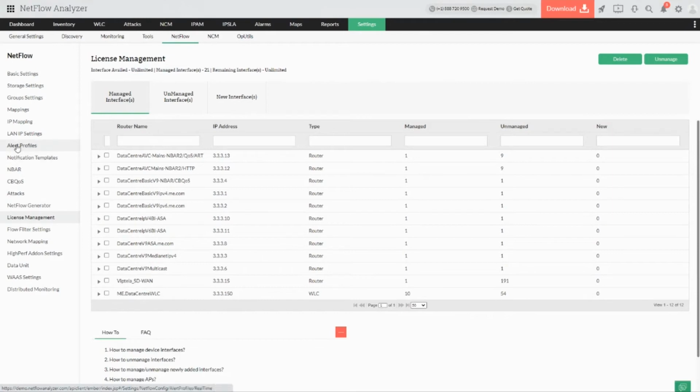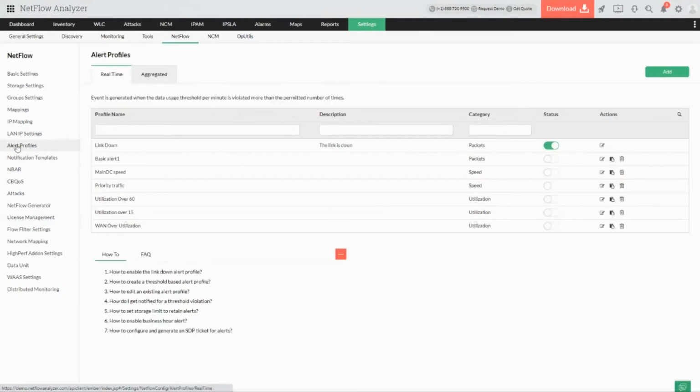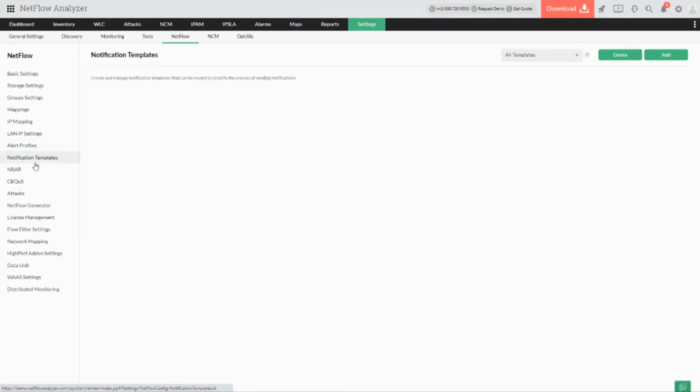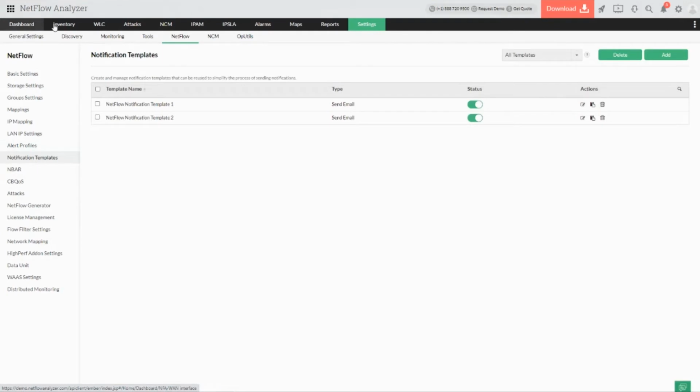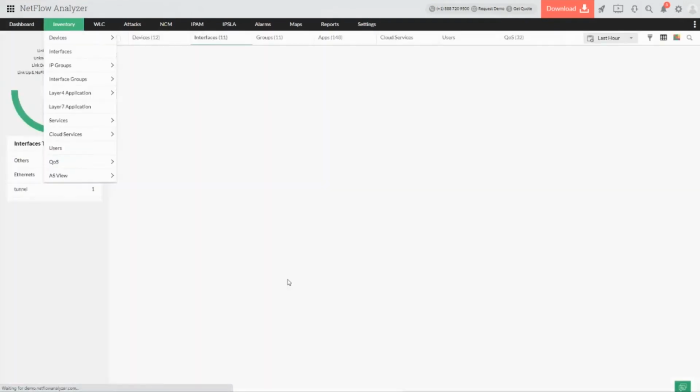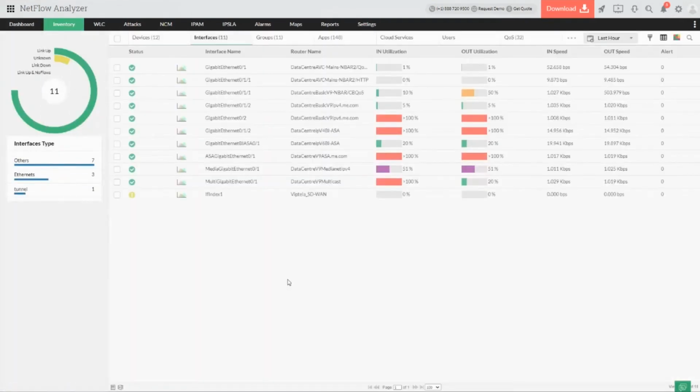And likewise, you can create your own alert profiles where you can select the criteria for which you want to get notified, and then have your alert profile prepared and ready so that you could use these alert profiles to get notifications in a much easier and clearer fashion. So this is how you can use the NetFlow Analyzer add-on for the complete bandwidth analysis in your environment, which gives you a complete picture of the entire bandwidth and the traffic which is going through your network with respect to individual users or the systems which are being used in your environment.